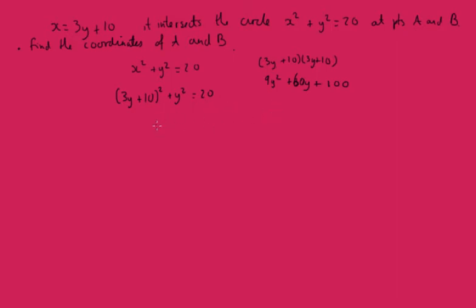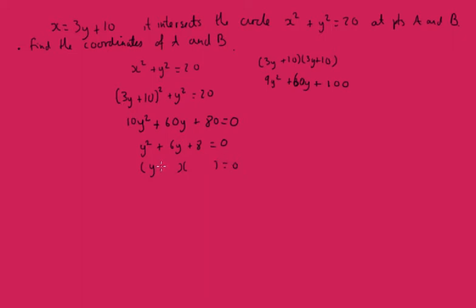Now we'll substitute that back into here, so that will give us 10y squared, because 9 add 1 is 10, plus 60y plus, now the 100's there, but this 20 is going to come over and that's going to make 80, equals 0. Now we're going to divide through by 10, so that's going to give us y squared plus 6y plus 8 equals 0, and now factorising that